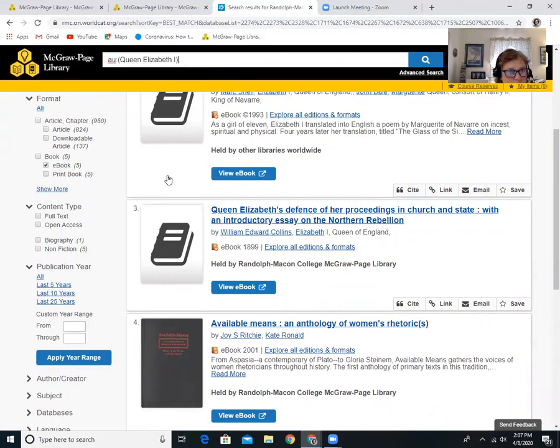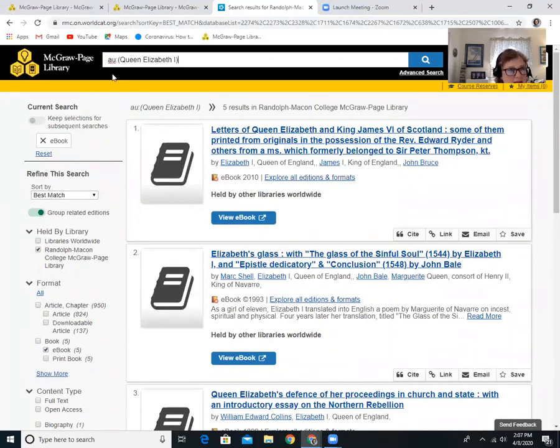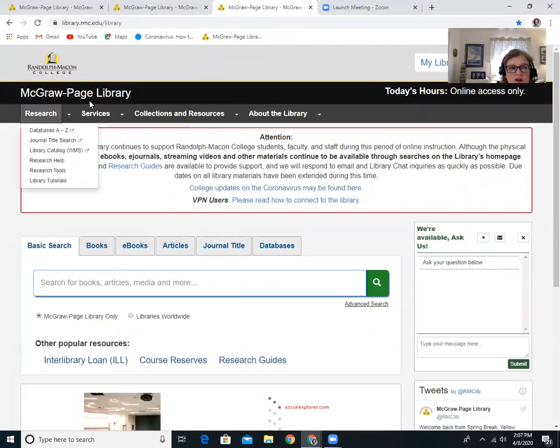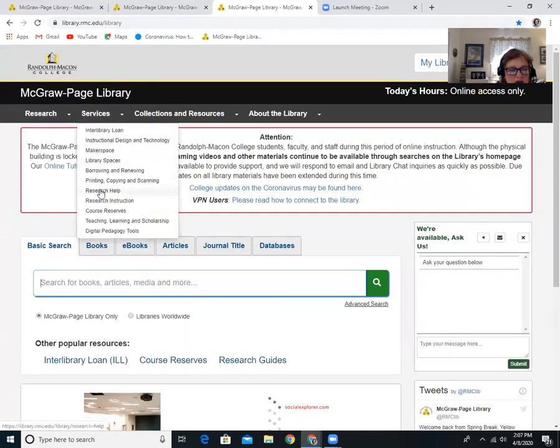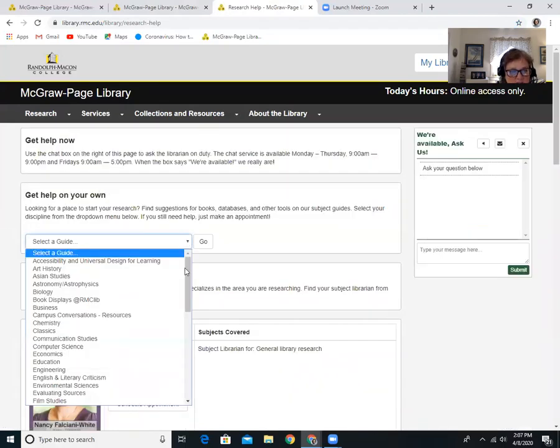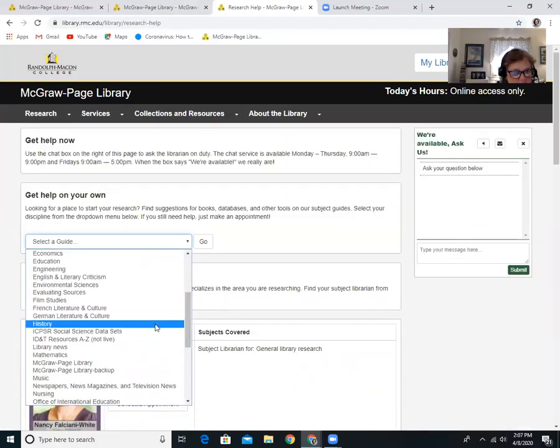Another way to find primary source documents is through a database of primary source documents. So on the library's homepage, there is a link here and here, goes to the same place, Research Help. And these are research guides by subject. If I go to the History Guide,